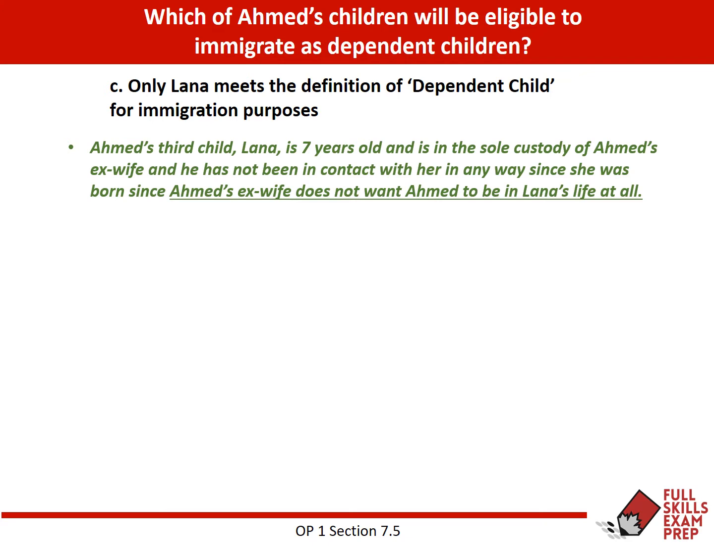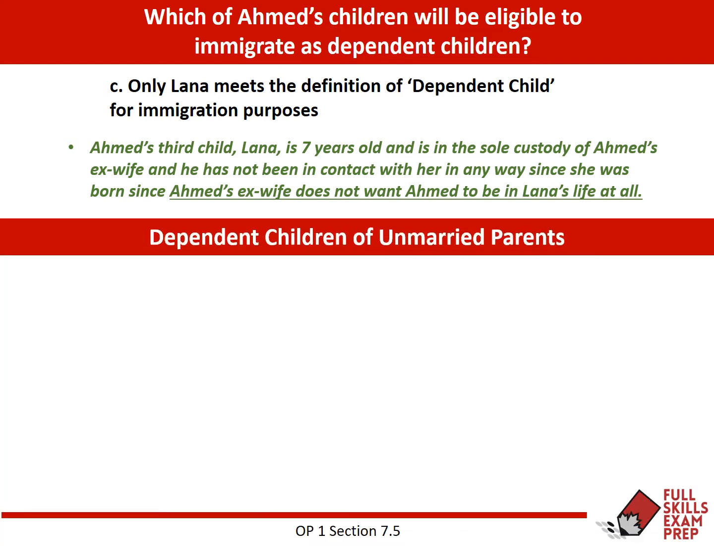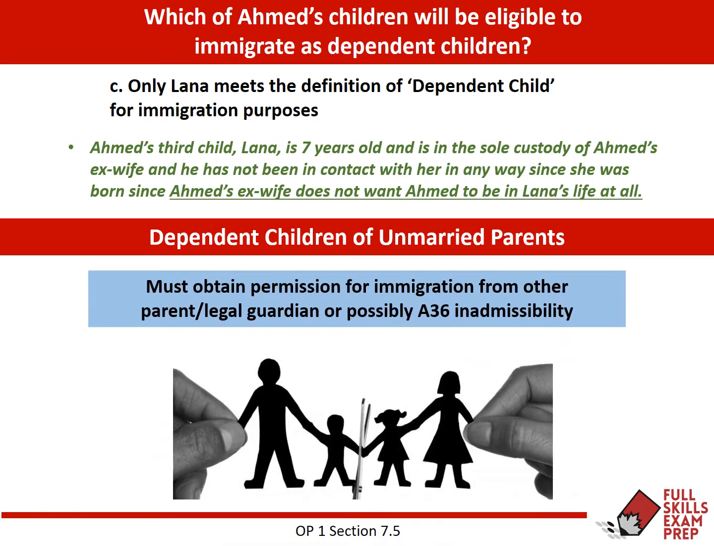And the important one here is the last little part of that sentence, which says that Ahmed's ex-wife does not want Ahmed to be in Lana's life at all. So this one tests your knowledge of divorces and how divorces affect dependent child sponsorship. All right, so let's take a look and review what we talked about with regard to divorces, unmarried parents, and dependent children. So the key to this whole answer, for you to know that this is incorrect, is that, remember,